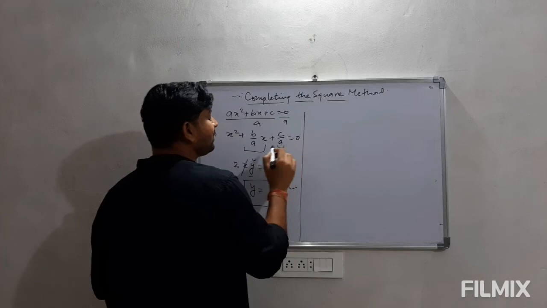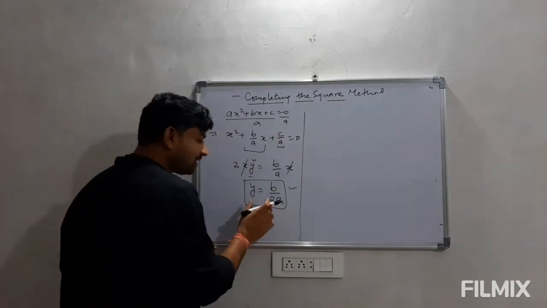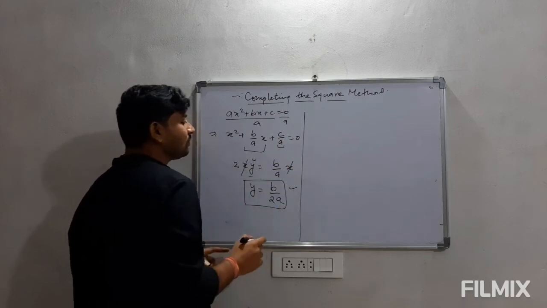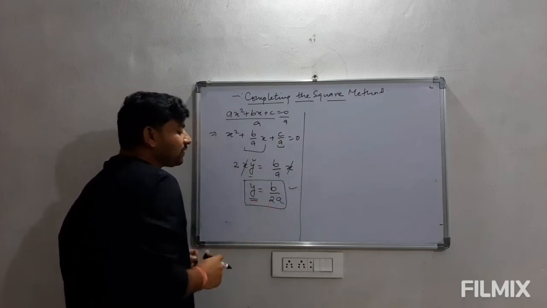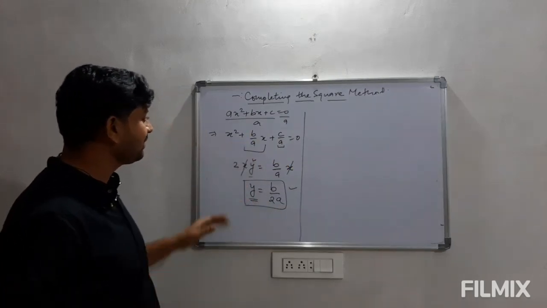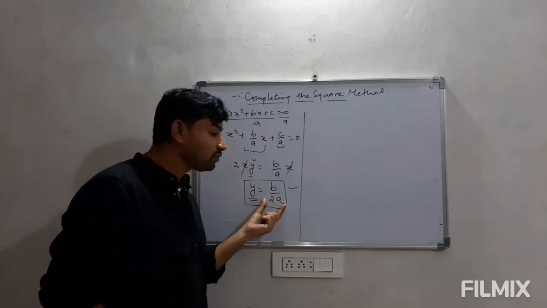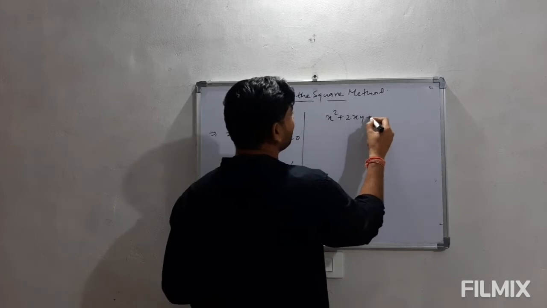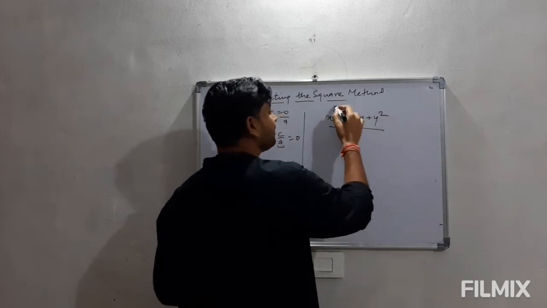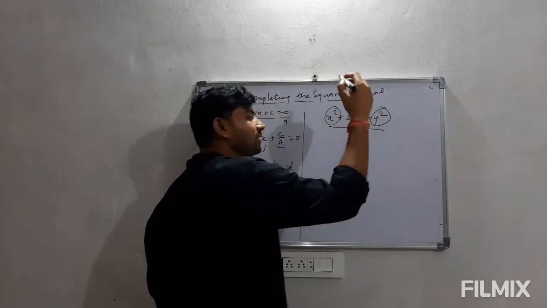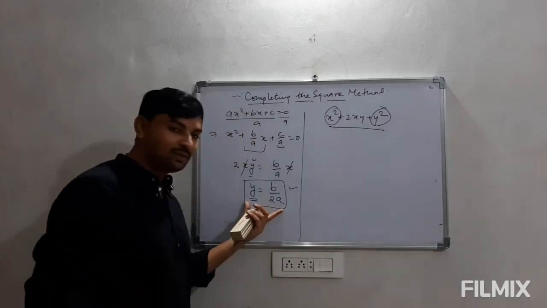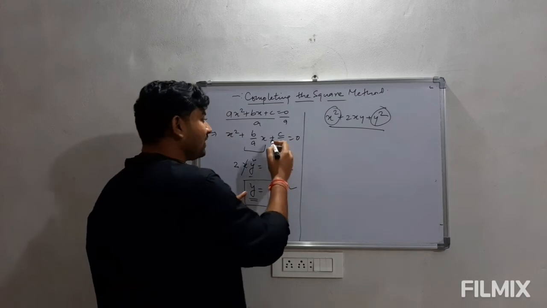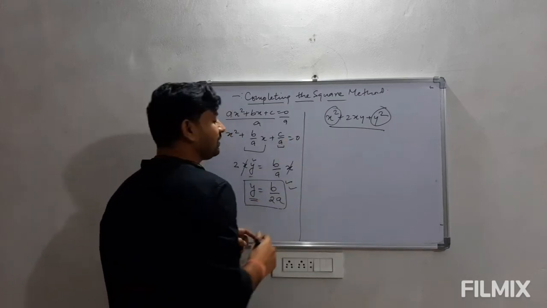As we know, the constant term here is c upon a, and the value of the second term is coming out to be b upon 2a. These are two different things. So we have to make sure that this term is present in this expression with a square sign, because in the whole square we have x square plus 2xy plus y square. होल स्क्वायर के अंदर फर्स्ट टर्म का भी स्क्वायर आता है, सेकंड टर्म का भी स्क्वायर आता है. तो यहाँ से हमने सेकंड टर्म की वैल्यू निकाल ली. तो क्योंकि ये वाली टर्म है नहीं, तो हम इसको अपनी तरफ से रख देंगे.